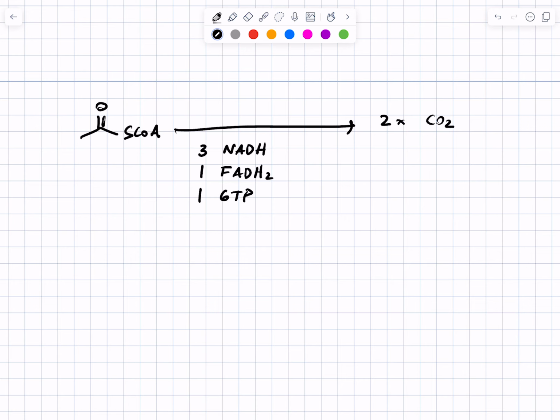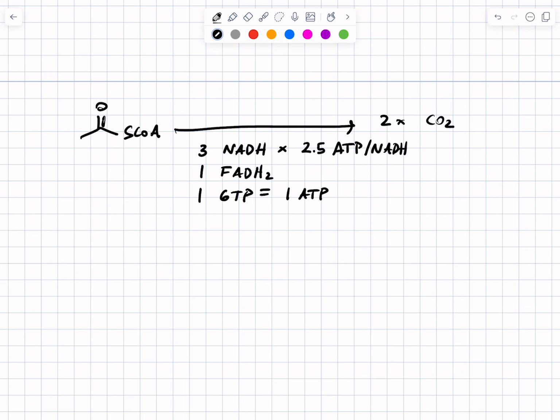All right. And we'll take these. GTP you can exchange for ATP easily. You can use GTP to phosphorylate ADP directly. So it's fully equivalent to 1 ATP. And then in the electron transport chain, each